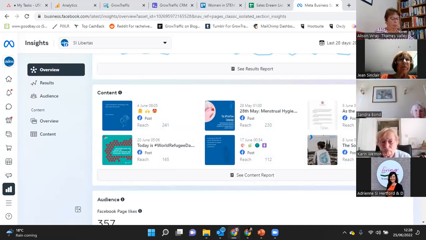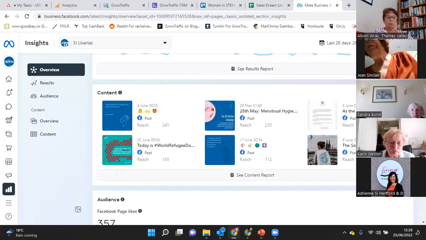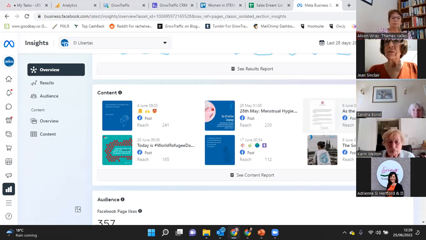You can change the way that it reports times and dates, if you like. It's very American, so it does a 12-hour clock, not a 24-hour clock, but you can change that if it's easier. You can start to look at this and get a feel for what types of posts do better at what time of day, because you need to think about when your audience is most likely to be online.